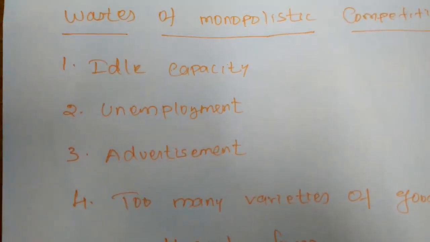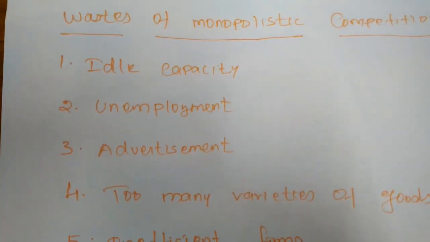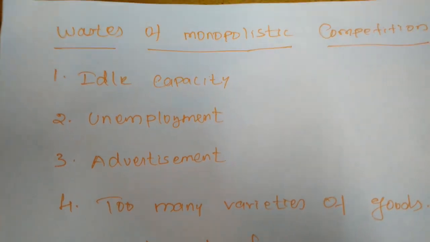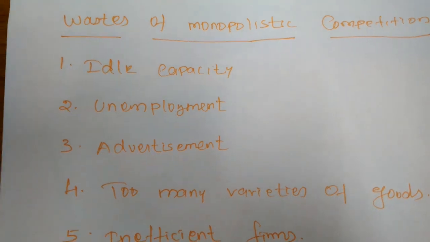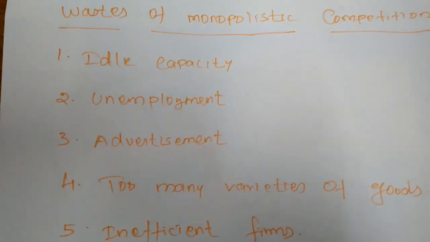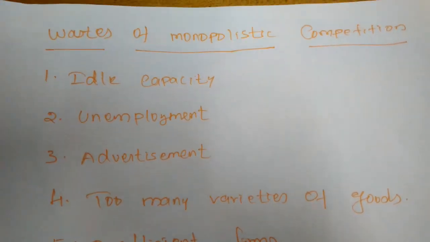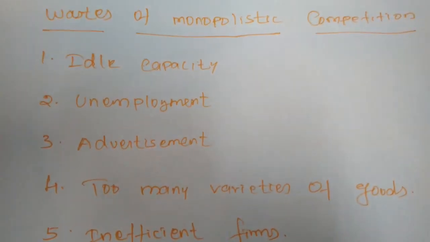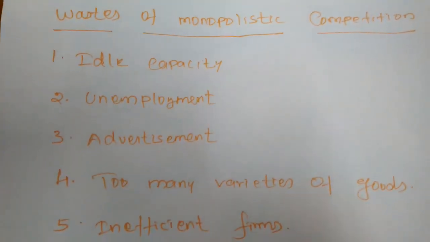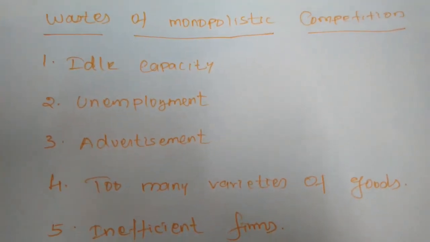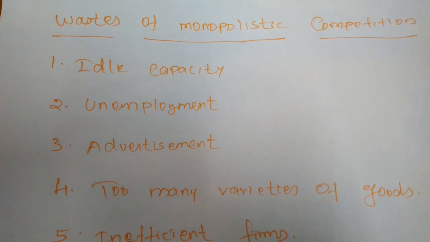Monopolistic competition refers to a market situation where there are many firms selling a differentiated product. For example, the production of Colgate, soaps, shampoos, and different types of perfumes. The product may be the same, but it is produced by different companies. So even if there is high demand, people will buy the commodity from all the companies.